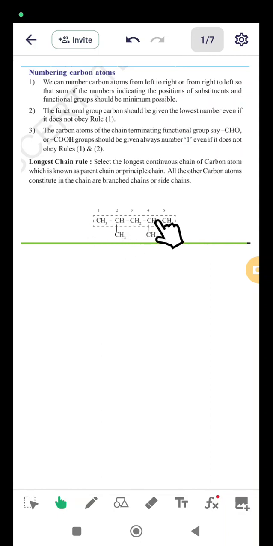So here if we take, this is first carbon, this will be second, this will be third, and this will be fourth. So 2 and 4 have these substituents. Okay, so no problem. Here also we can number the same, 2 and 4. So we can choose left to right or right to left, no problem. But what is the second rule? That is, the functional group carbon should be given the lowest number even if it does not obey rule 1. Okay, so if there is a functional group